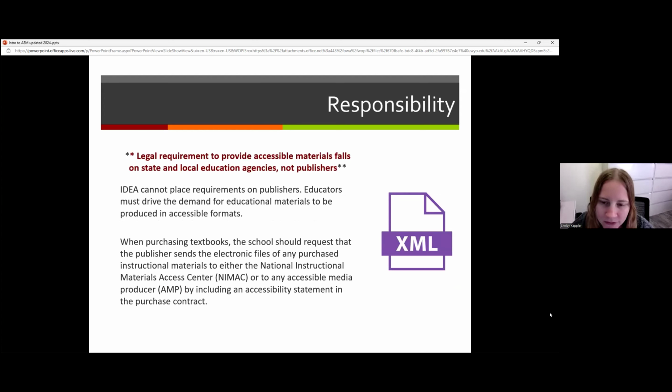So the responsibility, who needs to provide these accessible educational materials? It does fall on those state and local education agencies to ensure that accessible materials are being provided, even though it's the publishers who create the material and put it out there. Unfortunately, IDEA cannot place requirements on publishers to ensure that their materials are accessible or to provide accessible formats to schools. Therefore, it's up to the educators to drive the demand for these educational materials to be produced in accessible